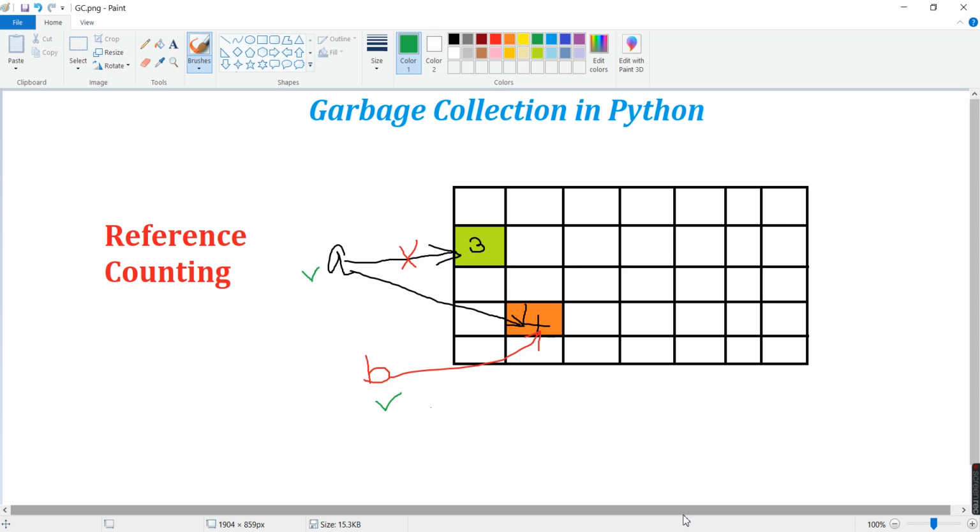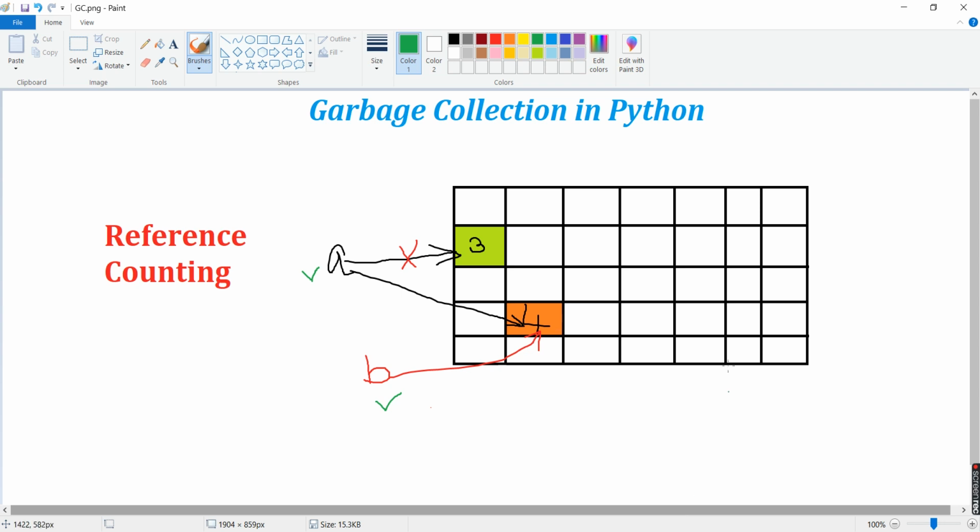Now, as I said before, for reference counting there exists a reference cycle. A reference cycle is created when there is no way the reference count of each object can be reached. So it basically tracks how many references a particular variable has got.